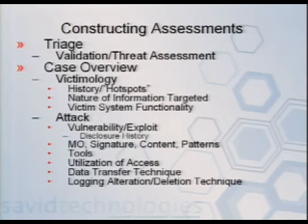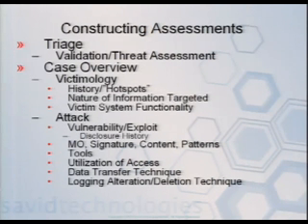Utilization of the access. How often, when they got into your network, did they use it? Did they get in for a few minutes and just back away? Did they get in and were they so comfortable on your network that they found other user accounts, logged into other users overnight for hours and hours, logged into multiple locations, and just took all kinds of data and moved it out of your network? How do you look at that, right? And then data transfer technique. Did they just FTP it out? Did they SCP it out? Did they use some kind of encrypted channel out? That can help you infer the skill level and the motive and intent of your attacker.